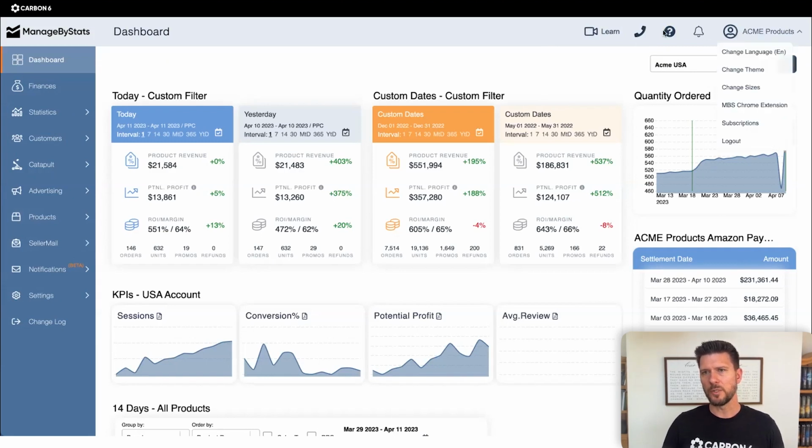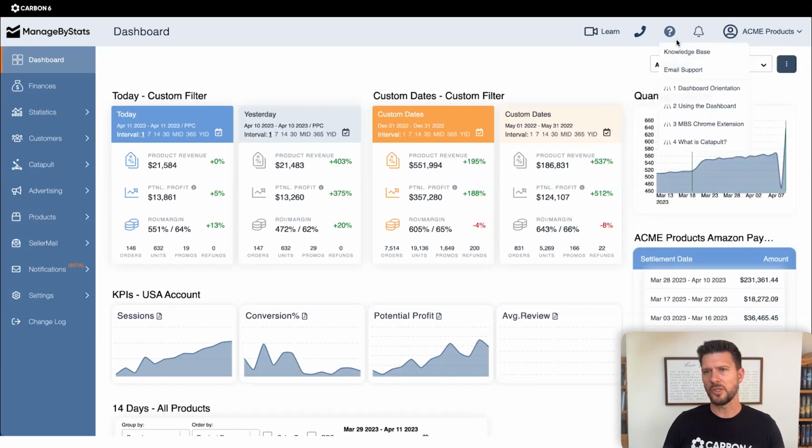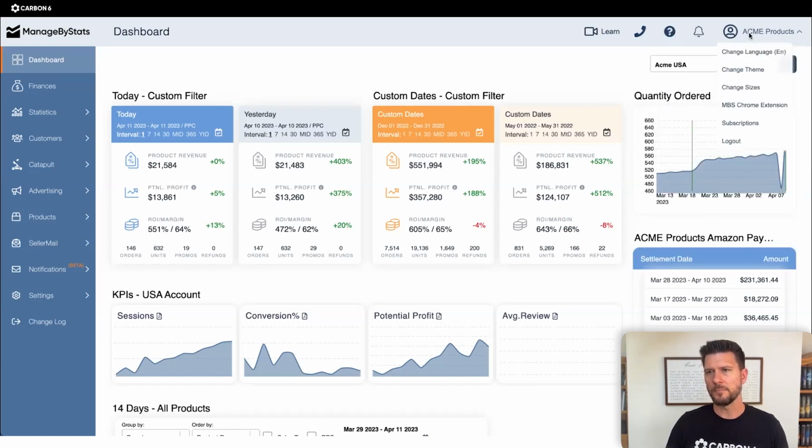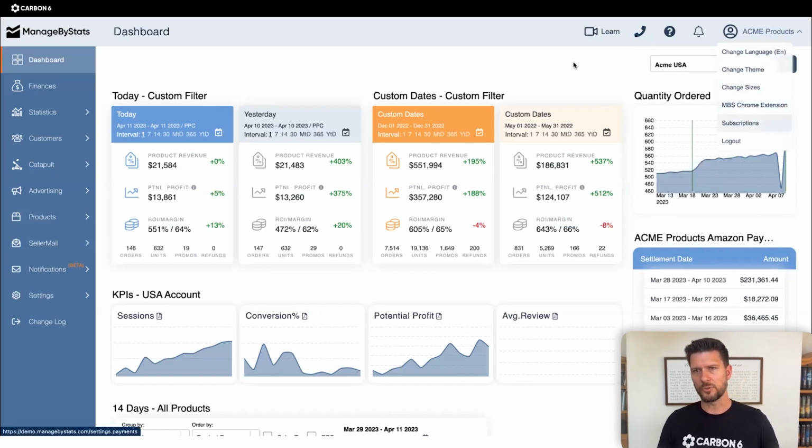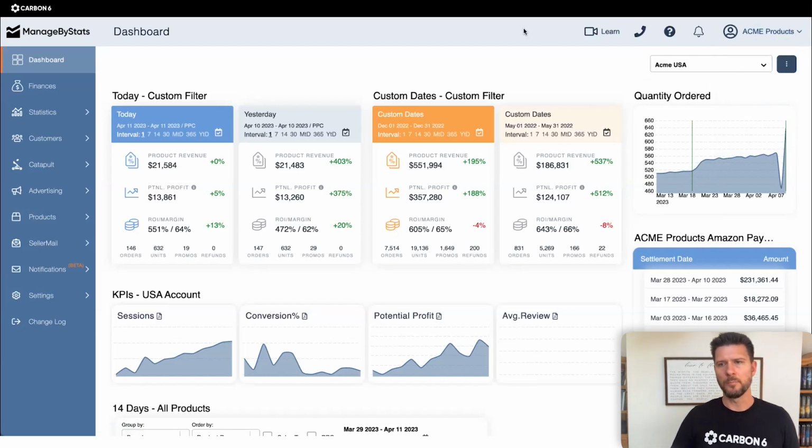So we have training videos, support calls, emails, knowledge base, and then some settings for your account up here as well: languages, themes, sizes, etc. I'll give you a very broad overview of the different tools. Like I mentioned, there's a lot of little elements built into these, but I could talk for a good hour and a half going through all of those. So I'll just start with the high level stuff.